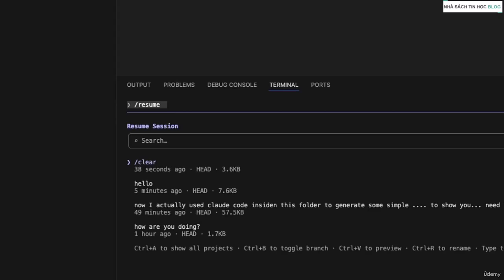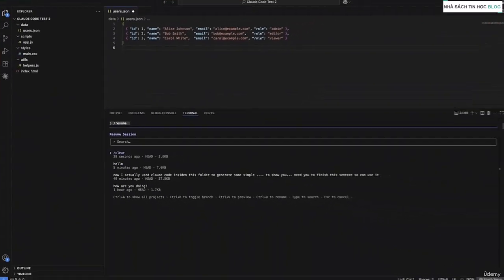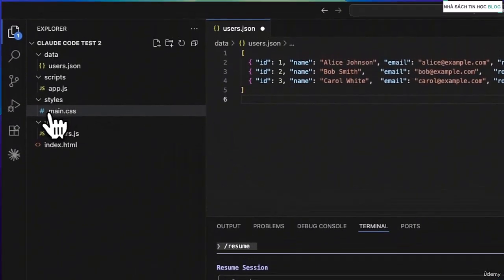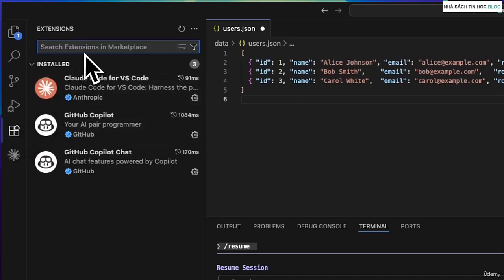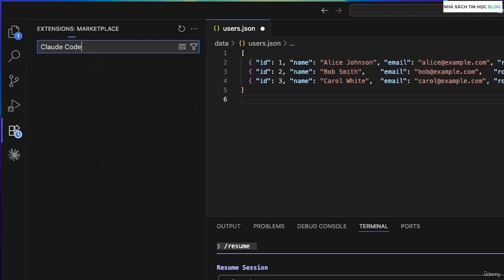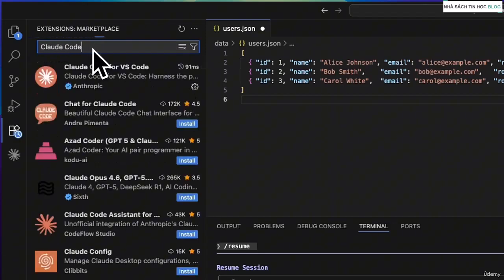Now, before we start writing any actual code, I also want to show you another way to access Claude Code inside Visual Studio Code, and that's through the Claude Code extension. On the left sidebar, click on the extensions icon, this one, and here you can search for Claude Code. All right?